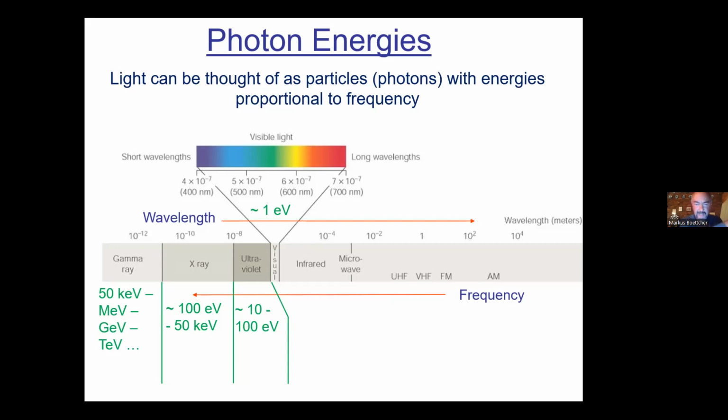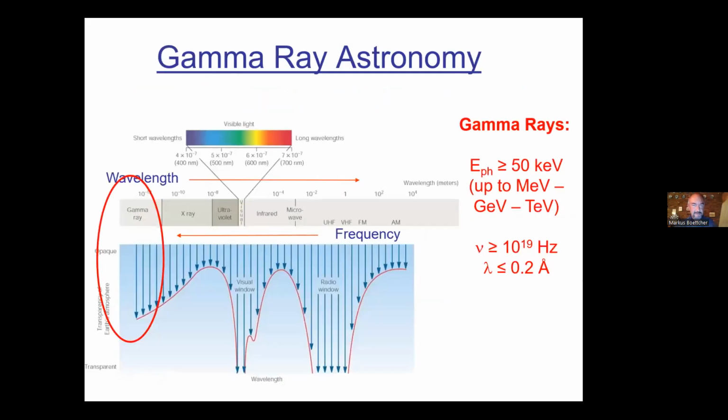There's really no end to that scale. The most extreme recent result was by a Chinese instrument called LHAASO that has detected photons of peta-electron volt energies. That's 10 to the 15 times the energy of visible light, so a quadrillion times the energy. There's really no limit known to the energy that electromagnetic radiation can carry.